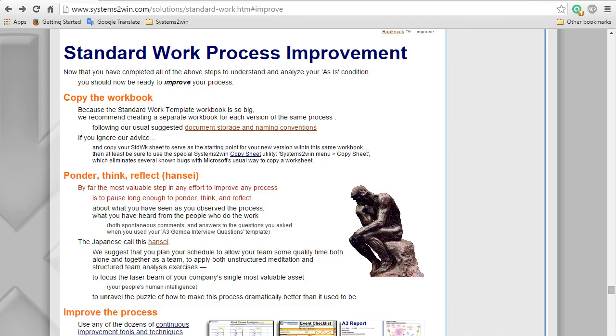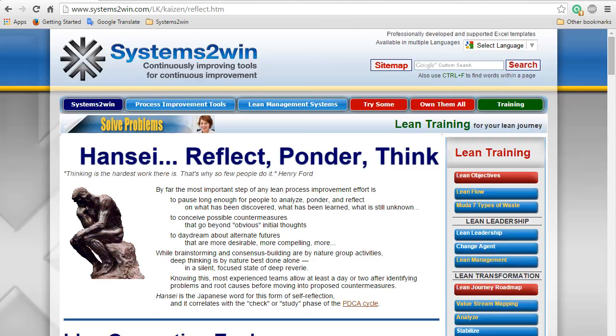And this next step is by far the most valuable step in any effort to improve any process. The Japanese call it hansei, which means to reflect, ponder, think. Yes, it's amazing to me how many of my people want to rush through this part.